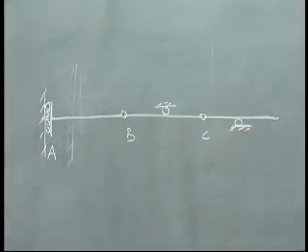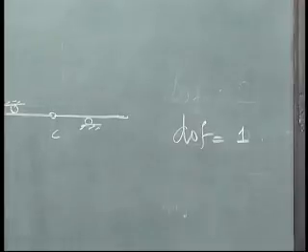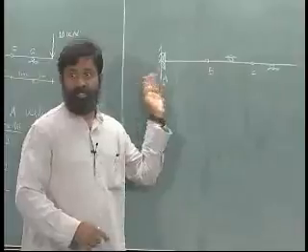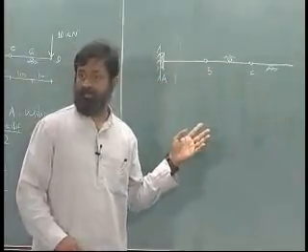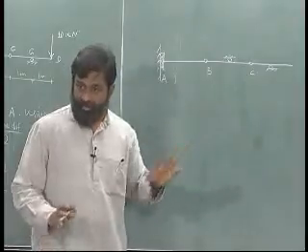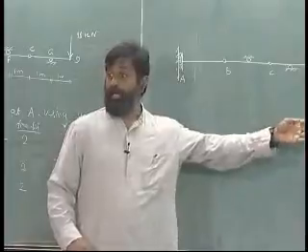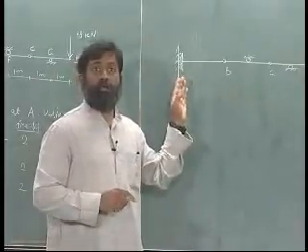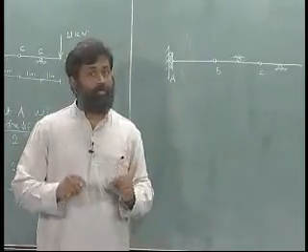Okay. How many degrees of freedom does it have? DOF equals 1, which means if I specify one displacement, vertical displacement or rotation at any one of these points, I can find out the virtual displacement at any other point. Okay. The only condition is what I have to impose is a kinematically admissible